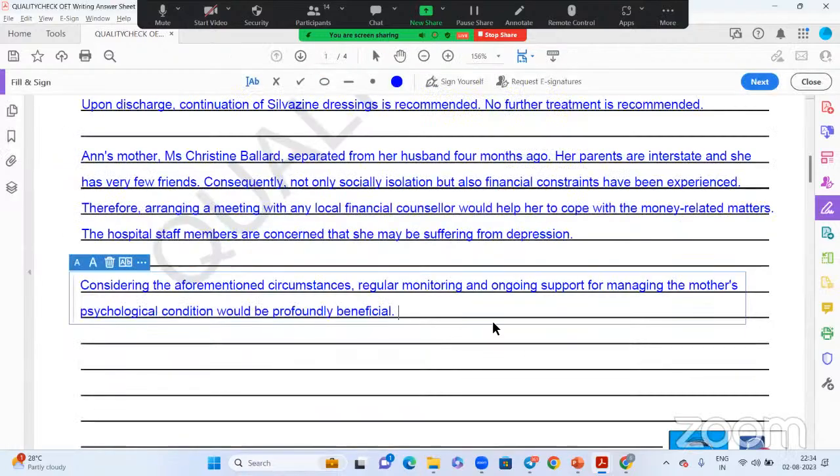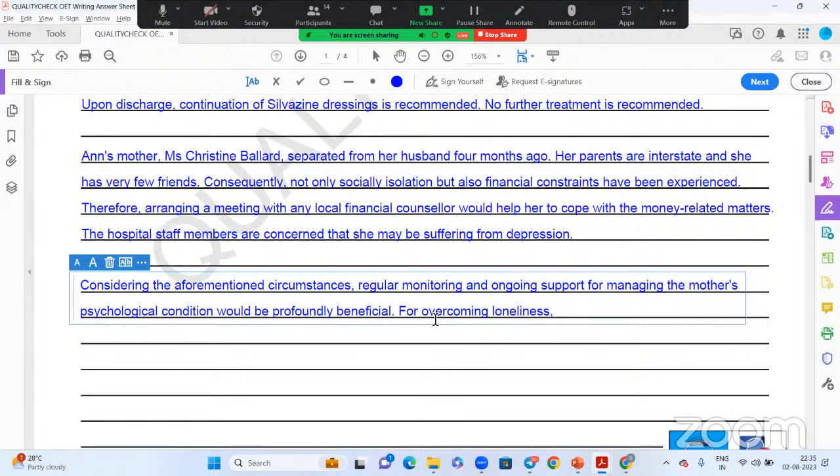So, if she participates in these activities, she will overcome her loneliness. For overcoming her loneliness, for overcoming isolation or loneliness,